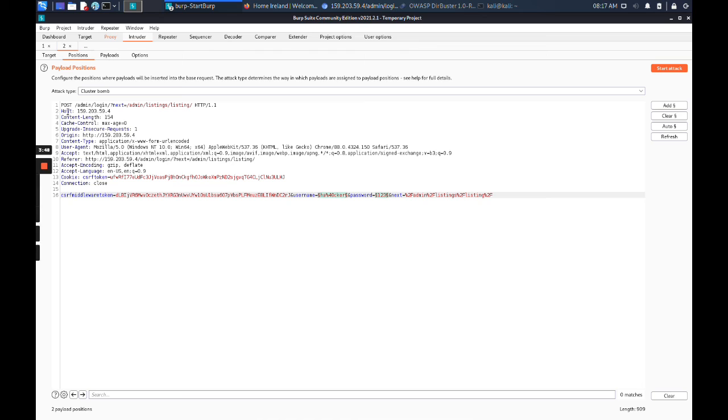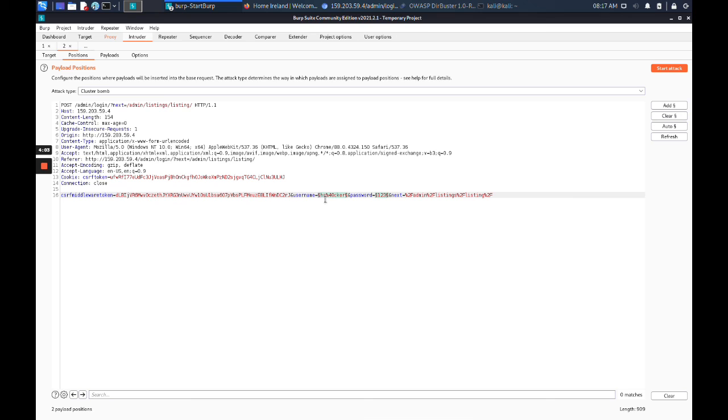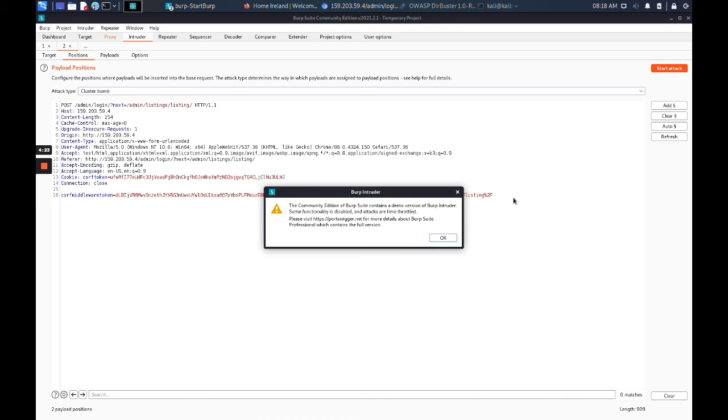And we added some sample payload lists like admin, root, 123 for payload 1, and for payload 2 the sample admin, root, admin, 12, a simple sample admin panel list. We selected the positions of username and password where we have to put all these payloads. Cluster bomb does all the permutations and combinations possible for this attack with all the default credentials. Now let's start our hack.